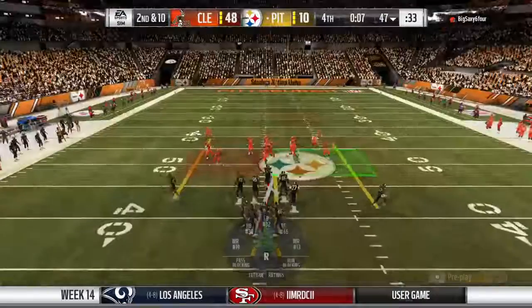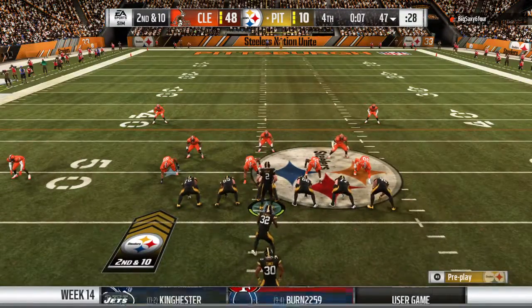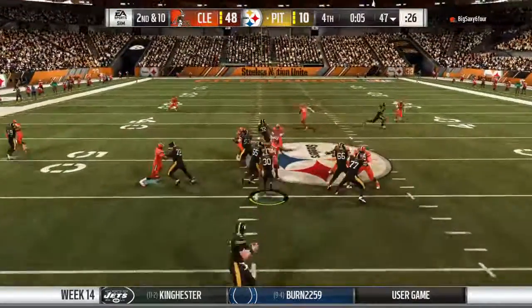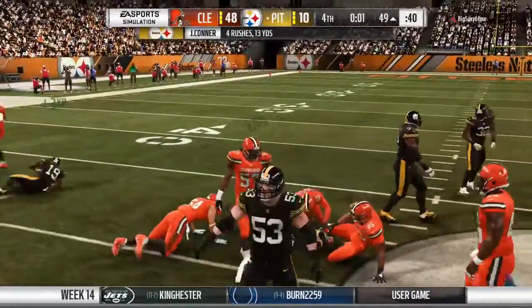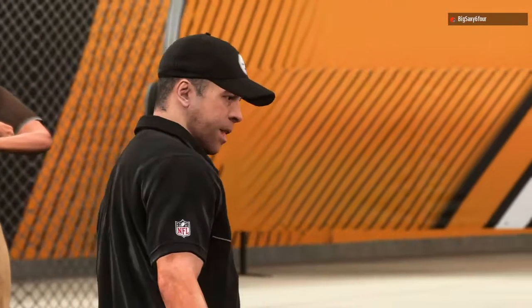So now 2nd and 10 after the incompletion on 1st down. They run with Connor, and he's going to take this across the 50 into Browns territory. That 2nd down play call was not to pick up the